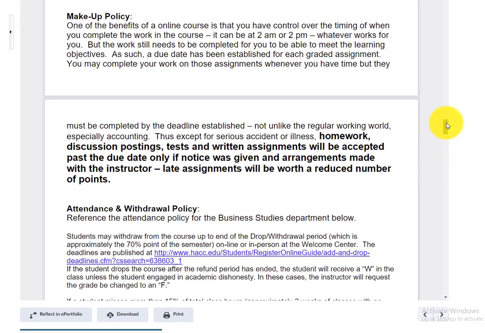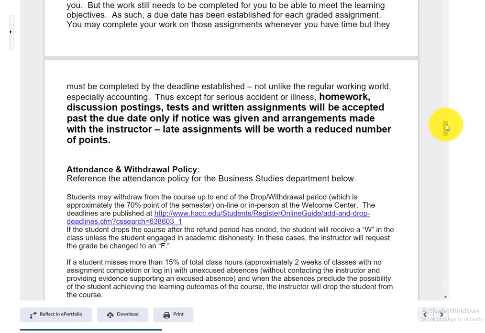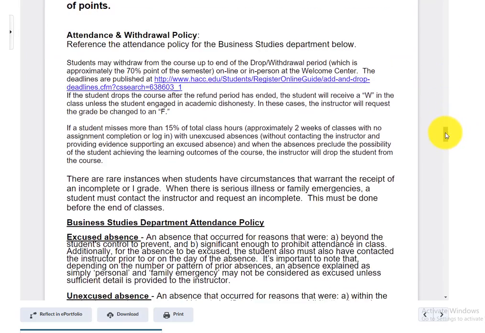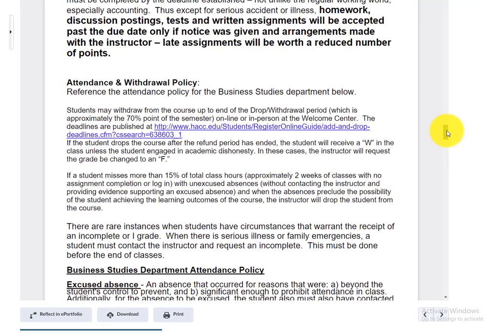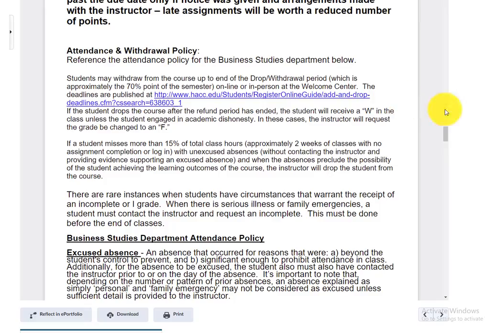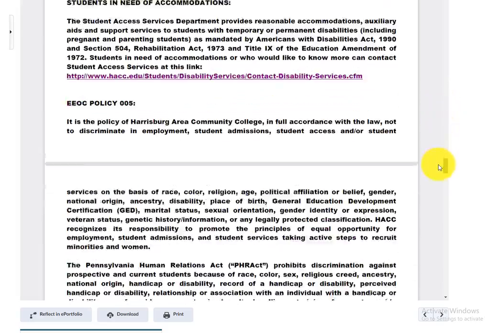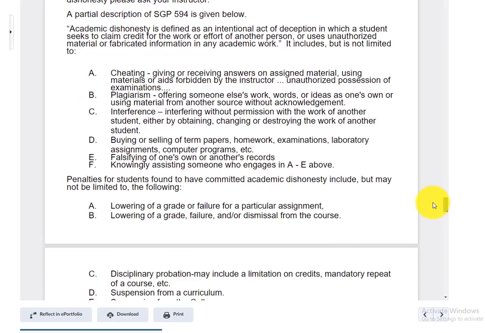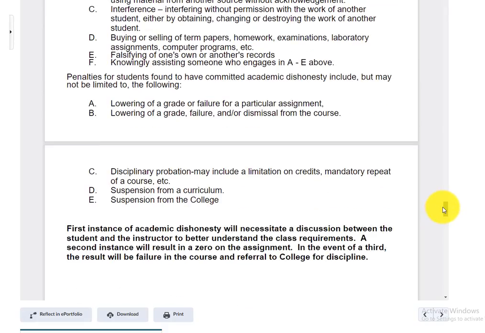If you let me know, we can make arrangements if you need to be late because of unforeseen circumstances, but they will be worth a reduced number of points. To be accepted, there has to be some notification of the instructor of what the situation is. Attendance, withdrawal policy, and if you need accommodations, all of the links, everything you need, and a description of academic